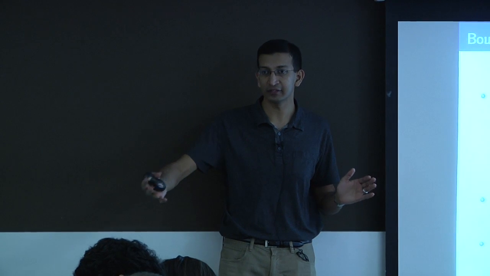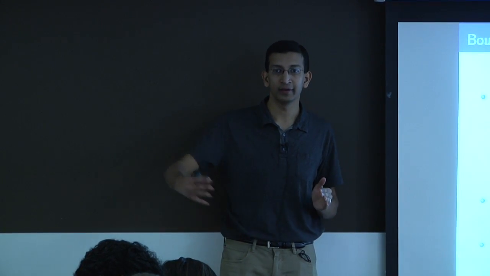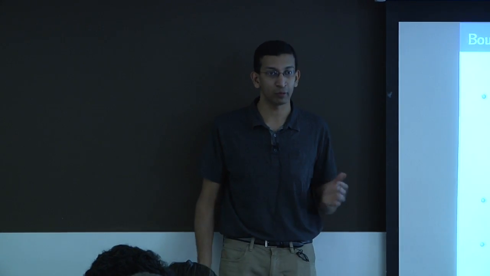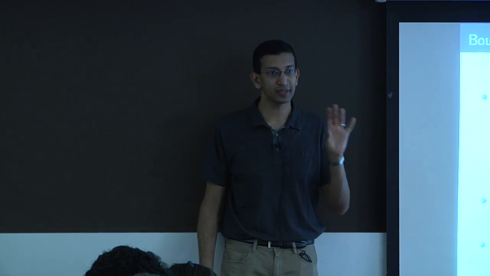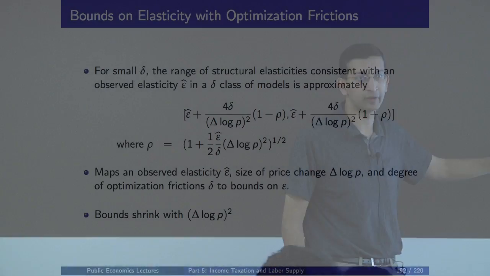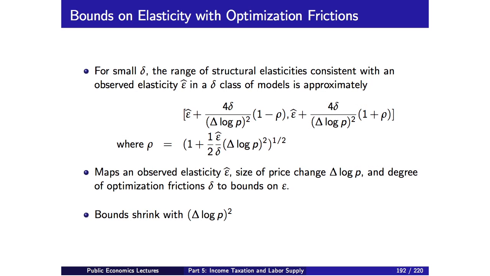Having a dozen small price changes, each one is going to give you estimates of epsilon hat that may not correspond very well to epsilon. So it suggests that pooling a lot of small price variation may not be nearly as good as finding one sharp quasi-experiment, like in that Ito paper on electricity, where he uses the spatial discontinuity. I'm not going through this in much detail, but you can read more about it in the paper.